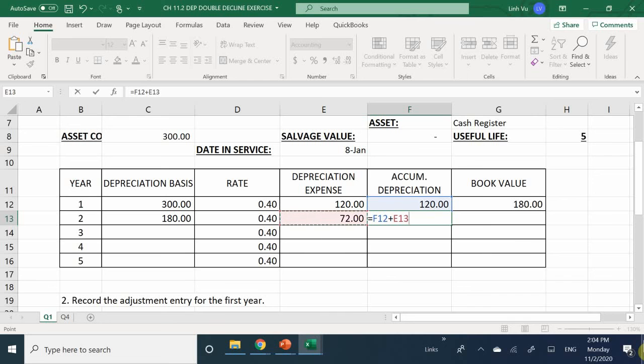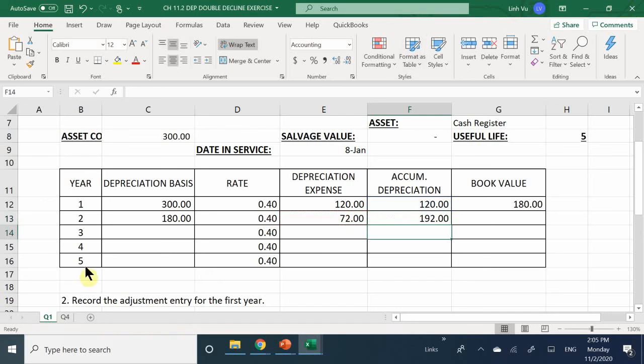Let's see here. 120 minus the 72. Not minus, we're adding them together. Sorry, I'm reading it wrong. No worries. So 120 plus 72 is 192. Good. Bringing my new book value to be